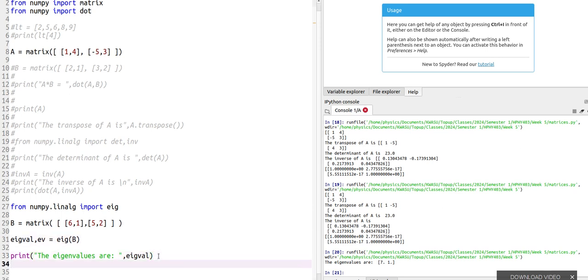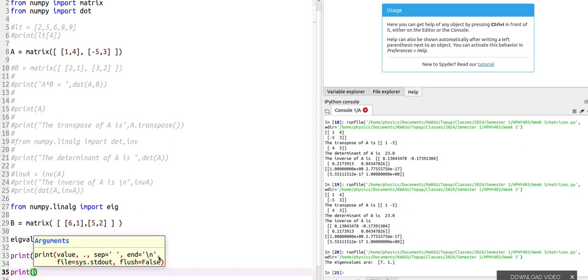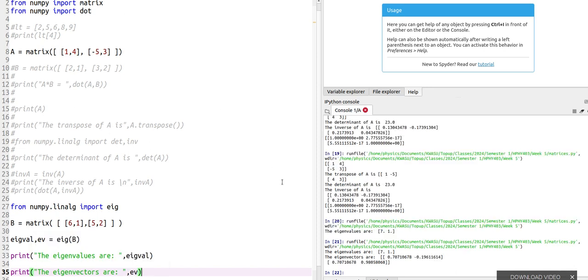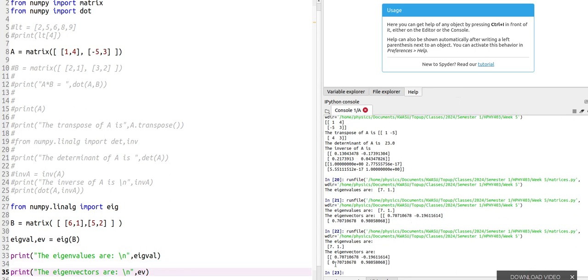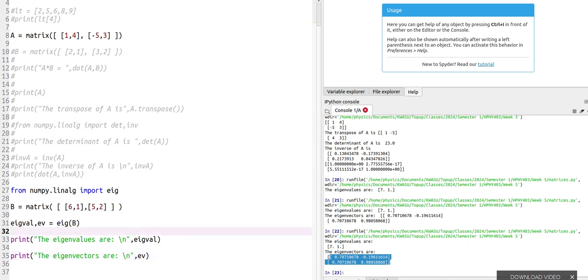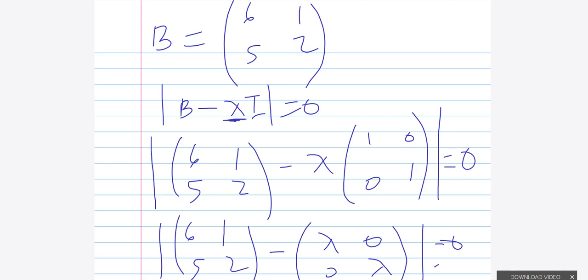So you can also print the eigenvectors are EV. So the eigenvalues are 7 and 1, and these are the eigenvectors. Okay, so that's how you find eigenvalues and eigenvectors in Python. Okay, all right, so next,